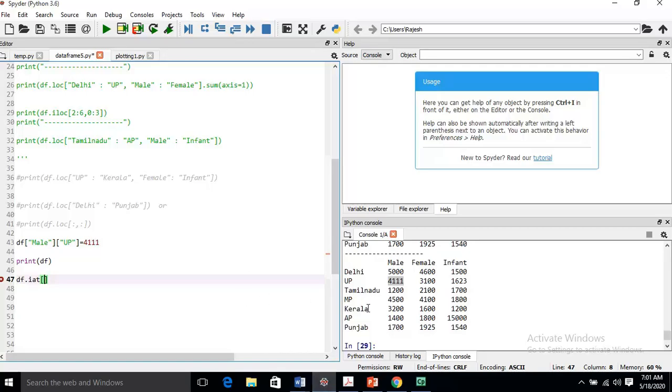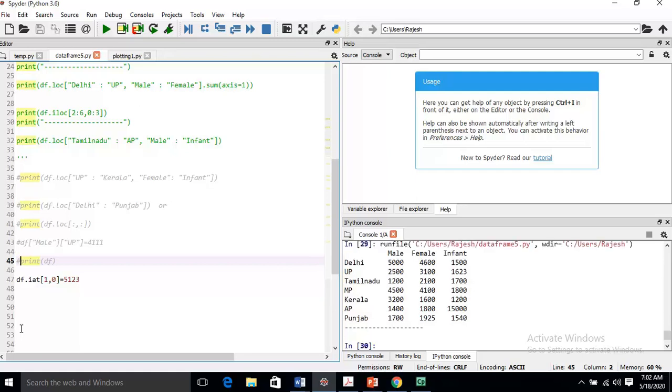Here the row index is 1, then column index is 0, and I just take something different, 5123. Let me make the earlier code a comment, so that I can explain that both codes are working.